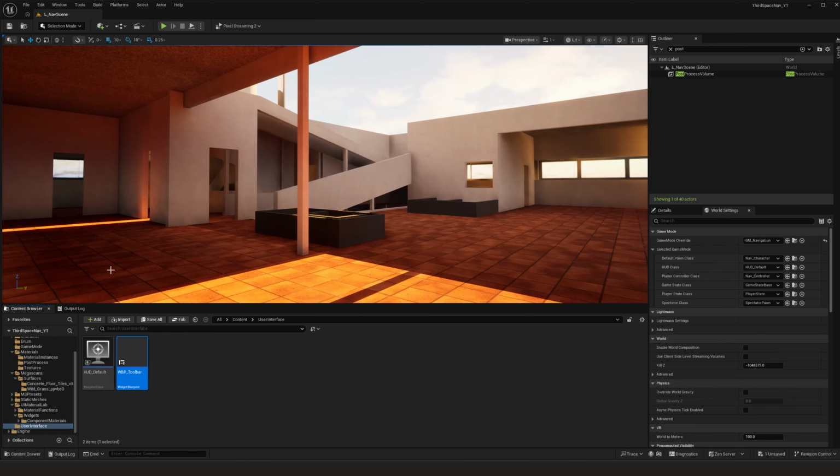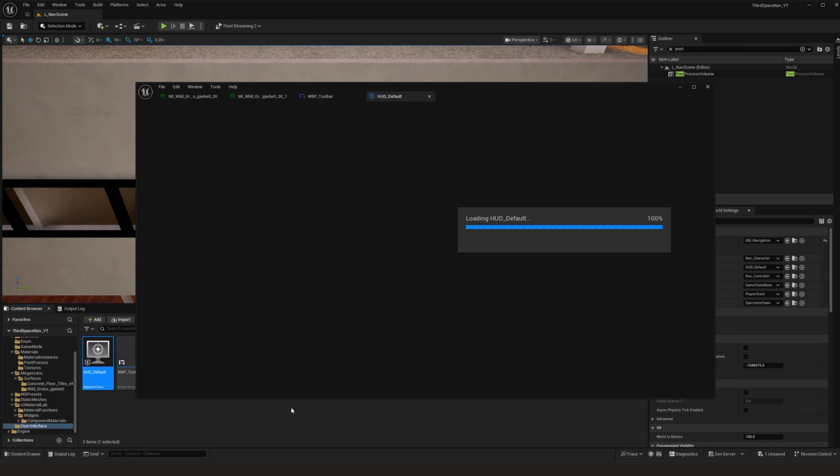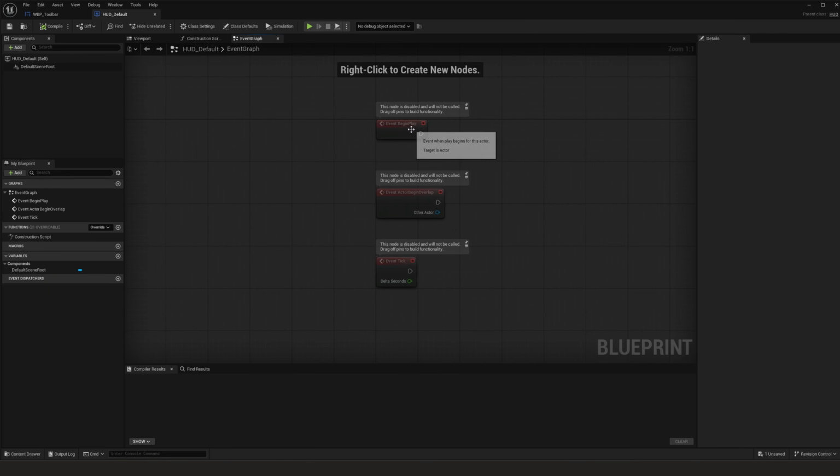With my HUD default selected and applied to my world settings, if I press play, we can see that our button is not appearing at the top left. What we need to do now is open up our HUD default, go over to Event Graph, and at Event Begin Play,